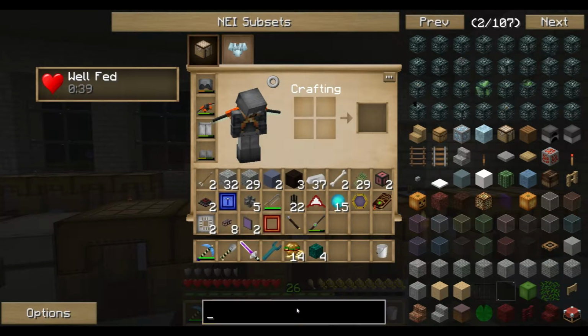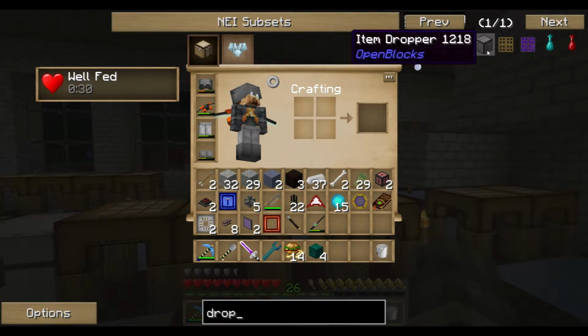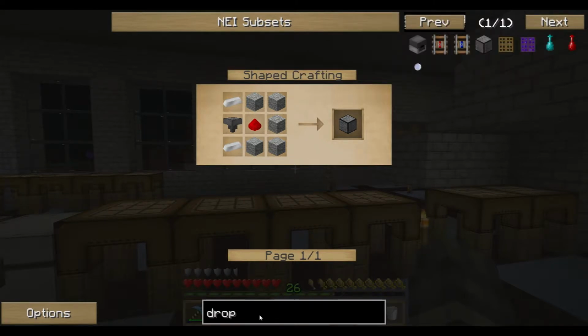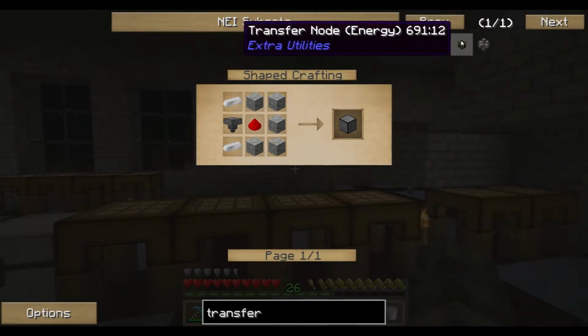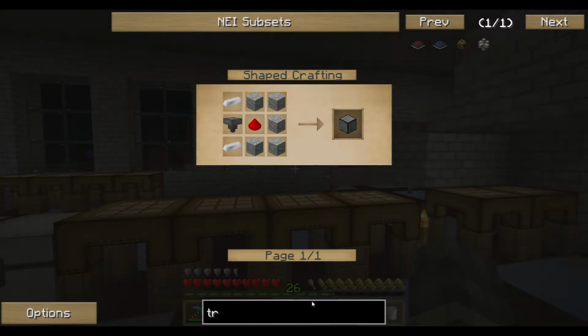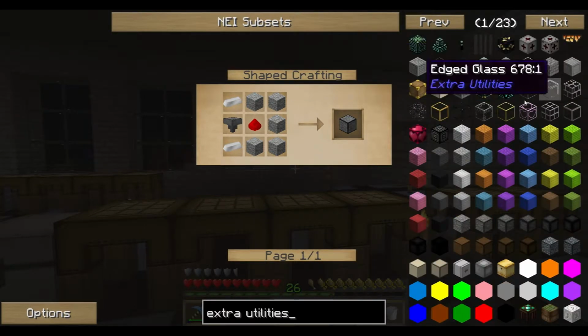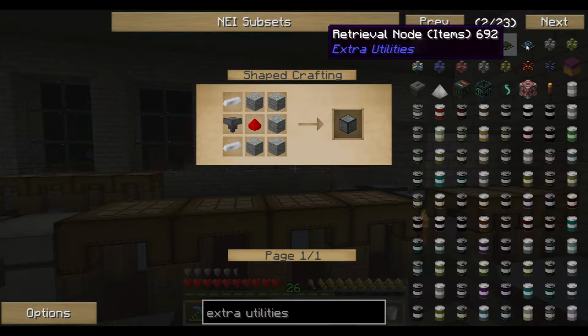Let's see. Well, I'm going to have to do a touch of research. Let's see, what do we have? Drop filter, voiding drop. Item dropper. I wonder what... Or let's see, there's also transfer. I wonder if transfer nodes work the other way. As an energy transfer... yeah, okay, no. Extra Utilities. Let's see what we got here. As I say, I'm probably just going to have to...